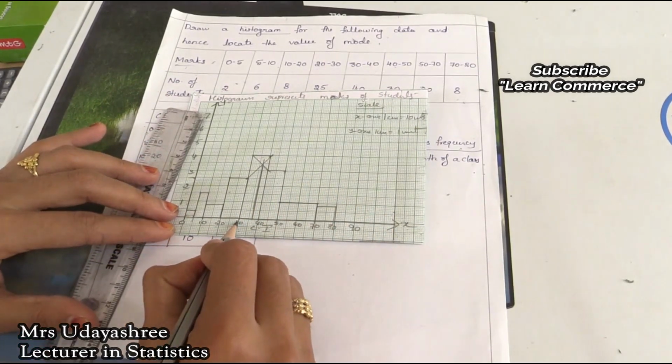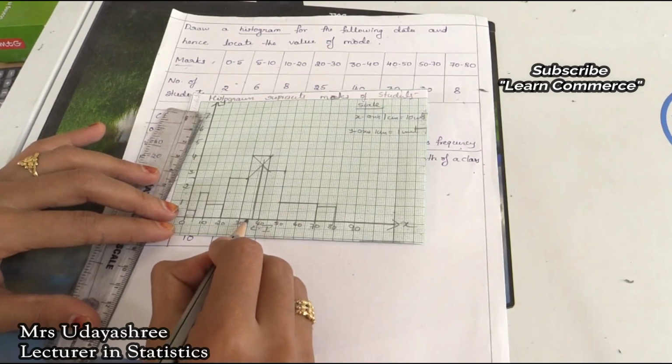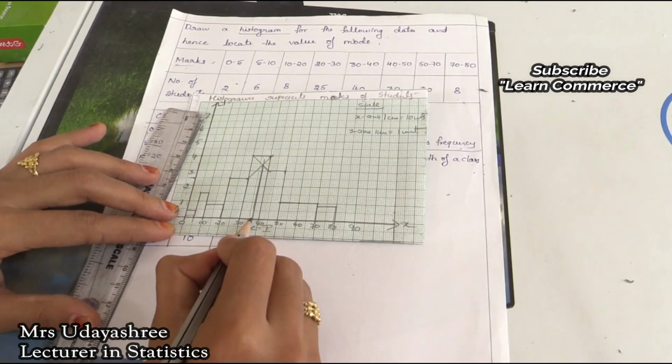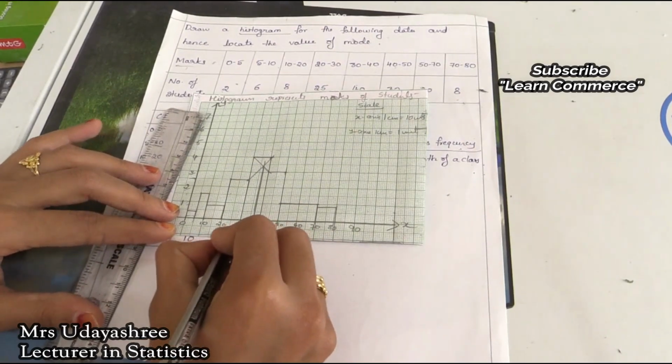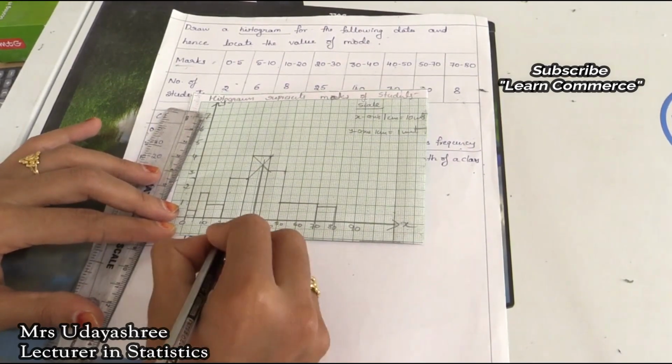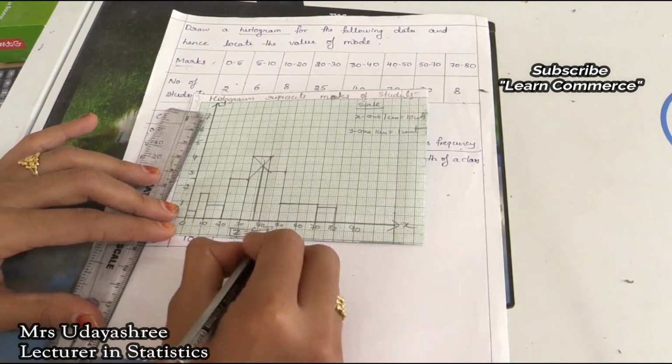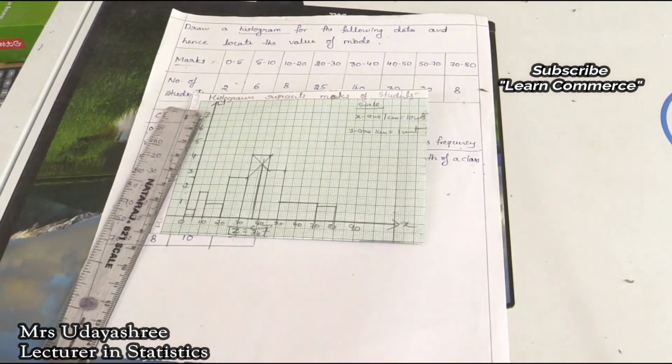Okay, this point will give the mode. See, here it is 30 and here it is 40, and this middle line gives 35 and here it is 36. So here the mode is 36, therefore Z is equal to 36. We know that mode is denoted by Z. So here Z is equal to 36. Okay, this is how to convert unequal class interval into frequency density.